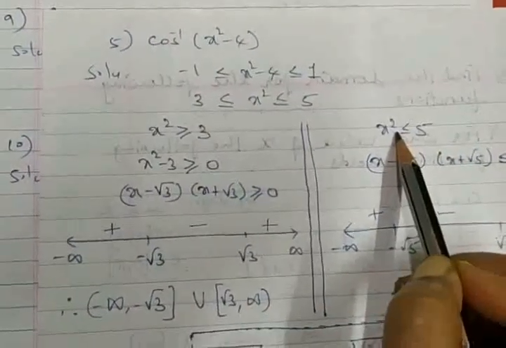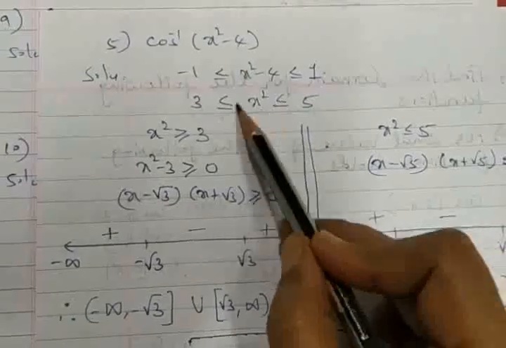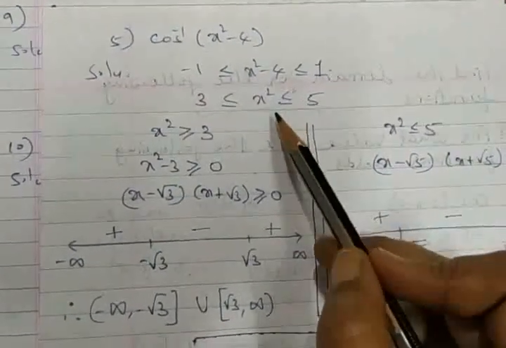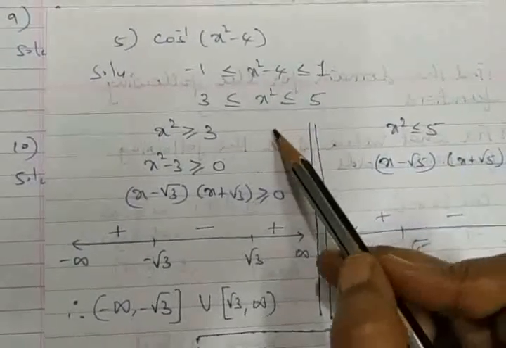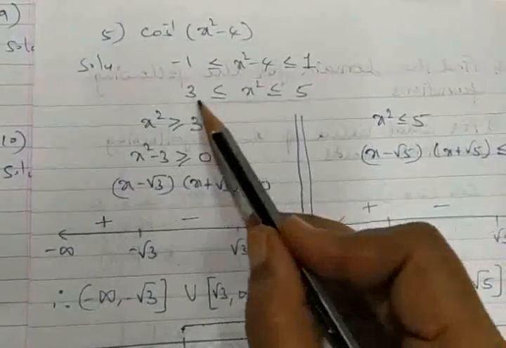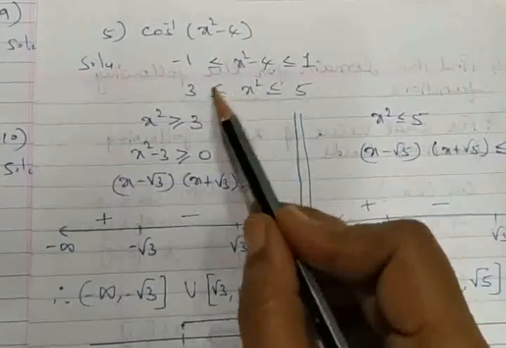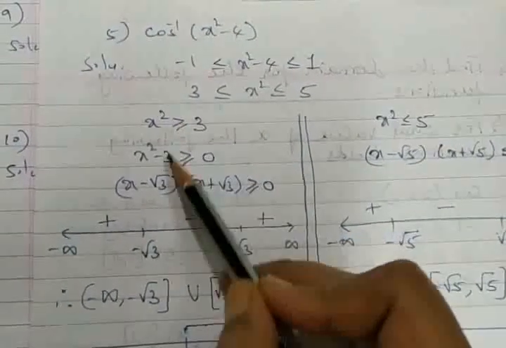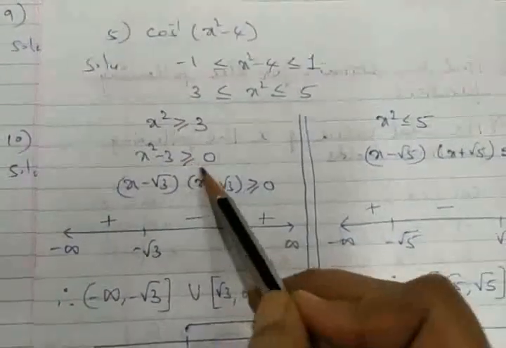There are many methods depending upon the term. It may be linear, it may be second degree, it may be a square root symbol and so on. The method makes a difference here. Every factor has to be considered. That's why I have taken different questions here. So once we go for this, we find x square is greater than or equal to 3. This can be transferred to x square minus 3 is greater than or equal to 0.